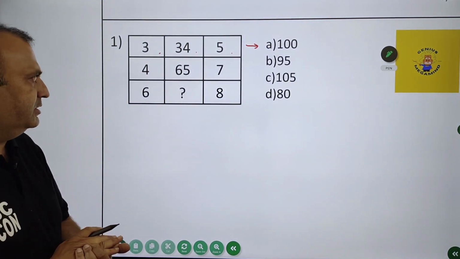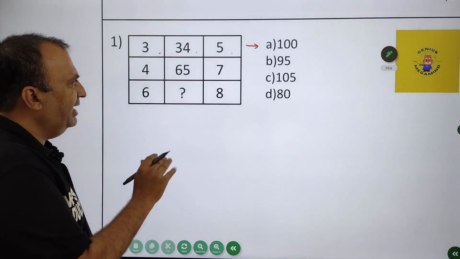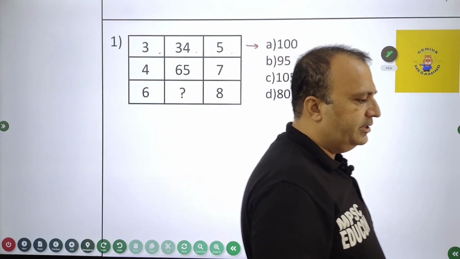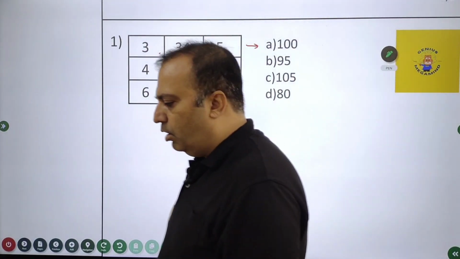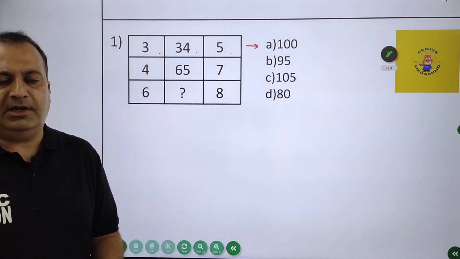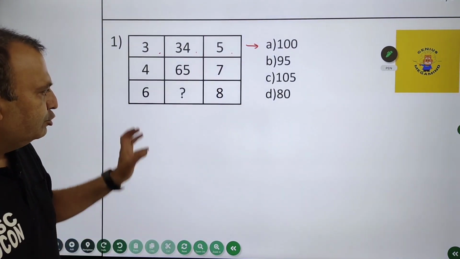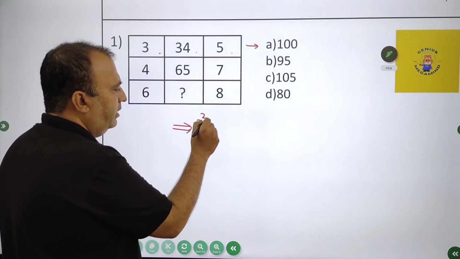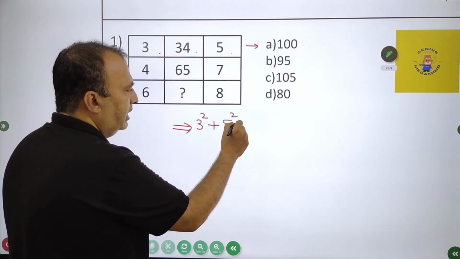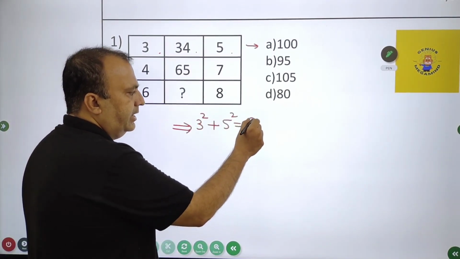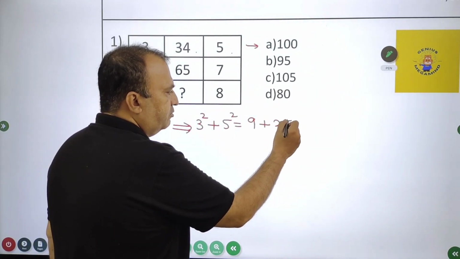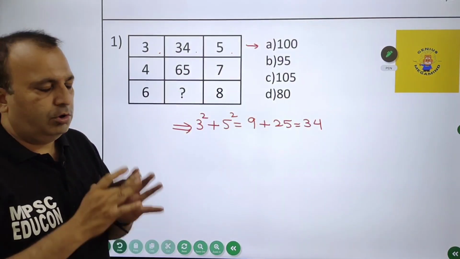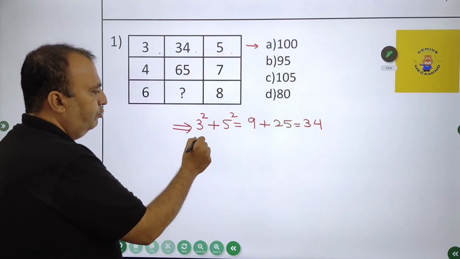So how do I deal with this? Fine. So my friends, it is a very easy concept. The numbers are small, the middle number is big. So I am going to utilize the multiplication sign over here, or I can deal with this question by utilization of squares or cubes. So for the first time I'll go for squares. So my friends, 3 square plus 5 square will come out to be what? Now 3 square is 9 and plus 25 is the square of 5. So their addition will give me 34. So can I apply the same logic in the second row? So most probably yes.